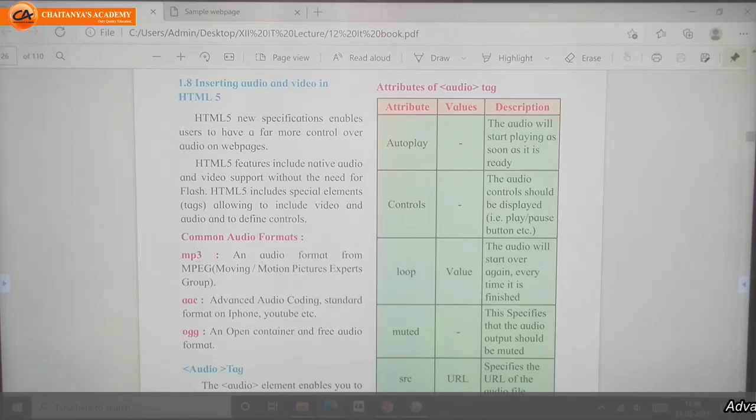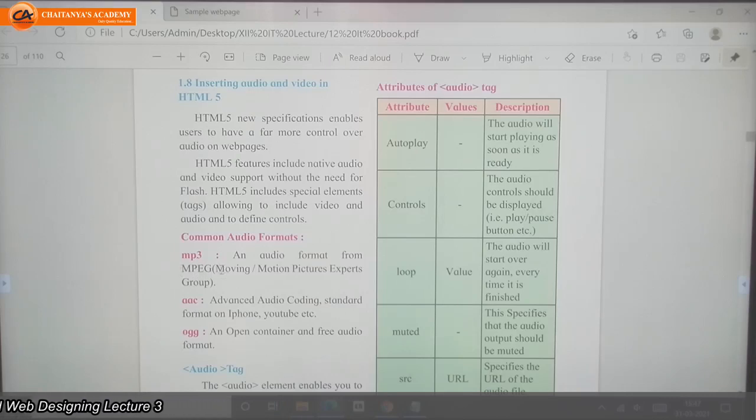Just as our HTML5 file is saved with the .html extension, an audio file will have a .mp3, .aac, or .ogg extension. Normally mp3 files are supported by all browsers.